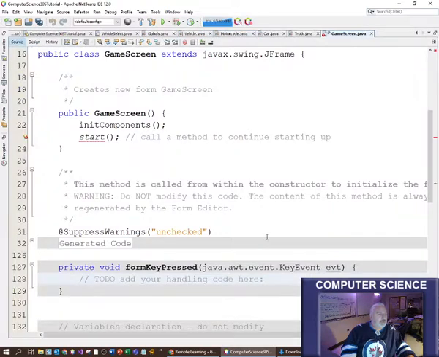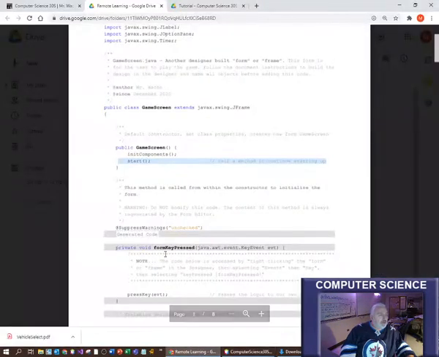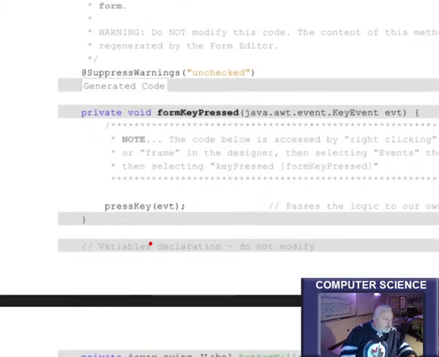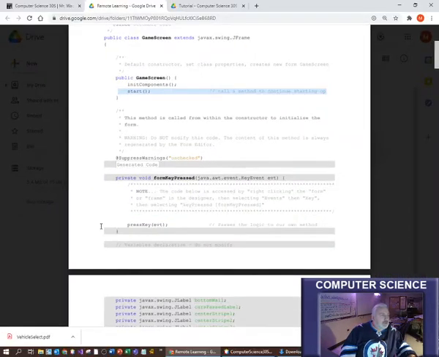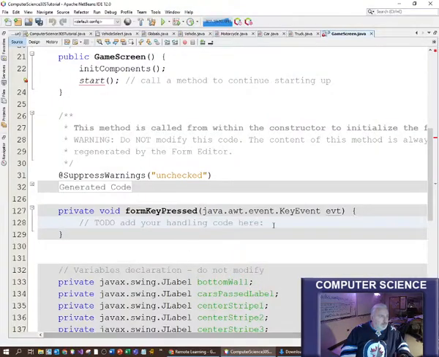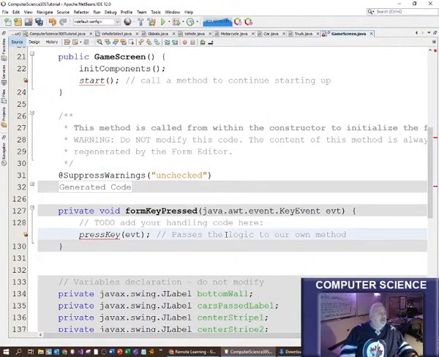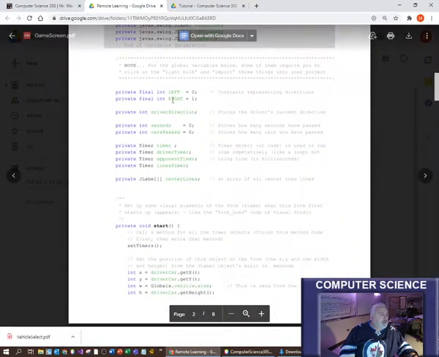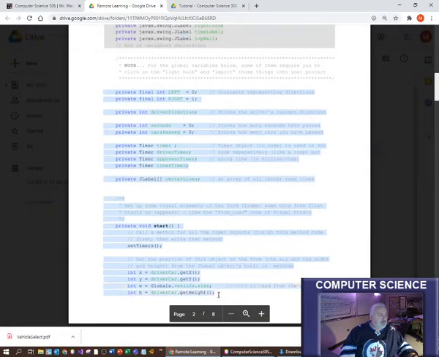Key pressed. Okay, so we're in a piece of code right there. And what we're supposed to do is we're supposed to just do this. You can key it in yourself, or you can cheat and copy and paste it like what I'm going to do. Okay, passes logic to our own method. This is also our own method. So I can actually use the light bulb if I want to create them. Or I'm just going to go here and just take the code directly. So I'm going to take this code, start, copy,